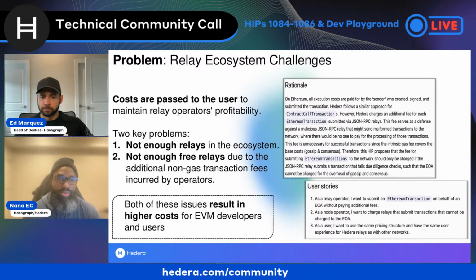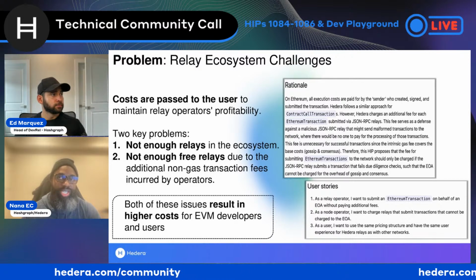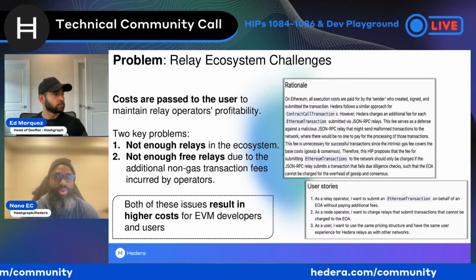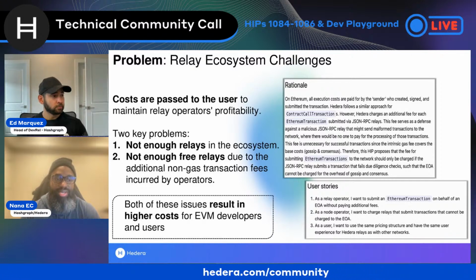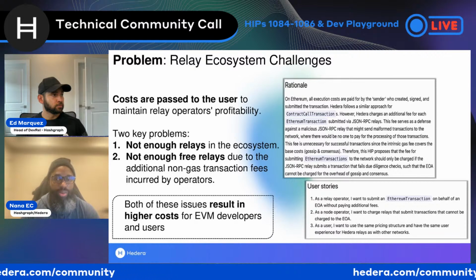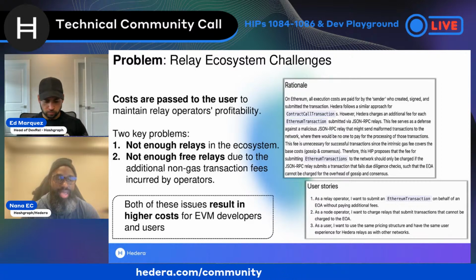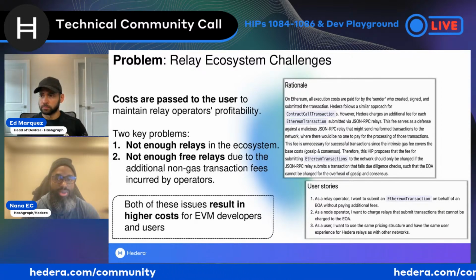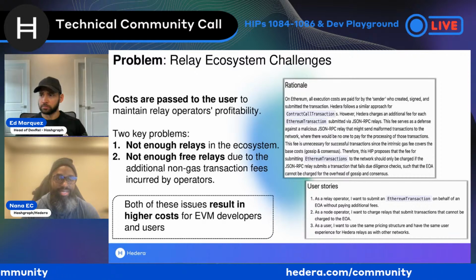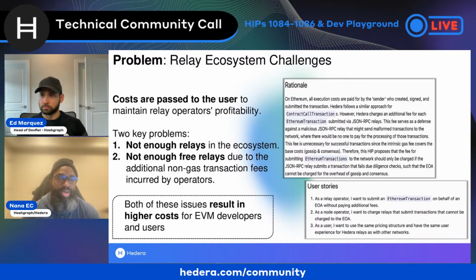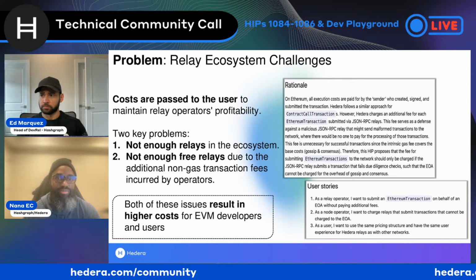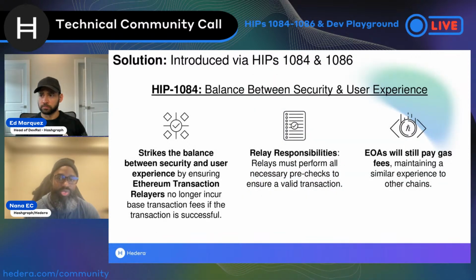And so, we thought about this for a while. The challenge here is we want to continue to support a really great user experience with fast and cheap transactions, but we would never do this at the expense of network security, right? So we will always favor securing the network. We will always favor keeping data secure and making it open and accessible to users. And so we try to think about how we could do this in a performant way. And so this is where the solutions come in, right? And so this is HIP 1084 and HIP 1086.